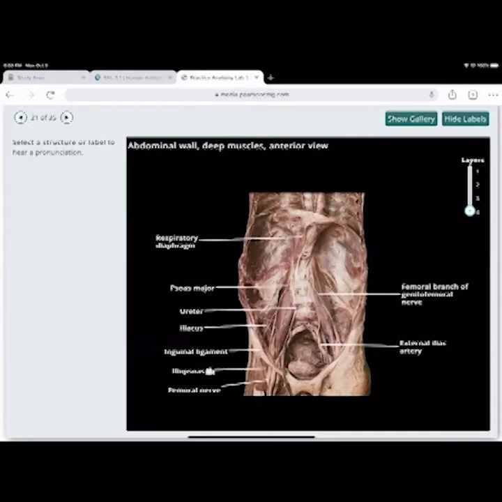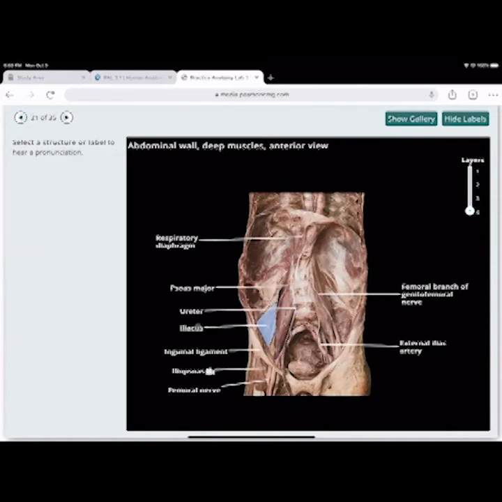All right, this is the deepest dissection of the abdominal wall. You have the respiratory, you have the diaphragm. Remember, the diaphragm comes up, this big mushroom-shaped muscle with a tendon in the center. That's your diaphragm. The psoas major,